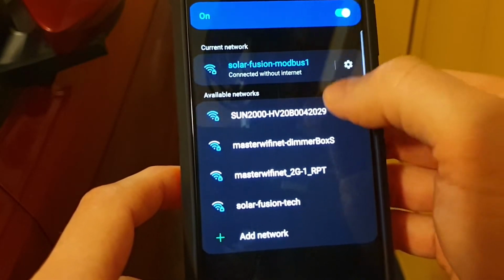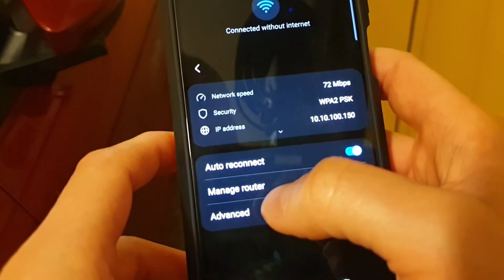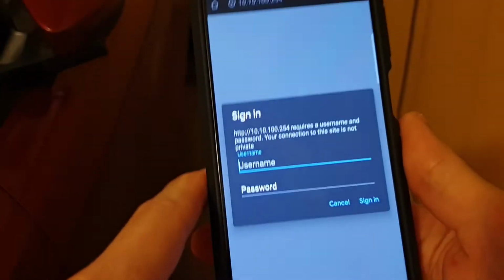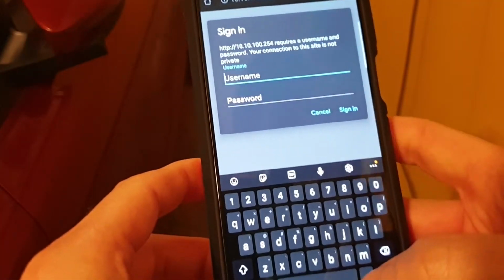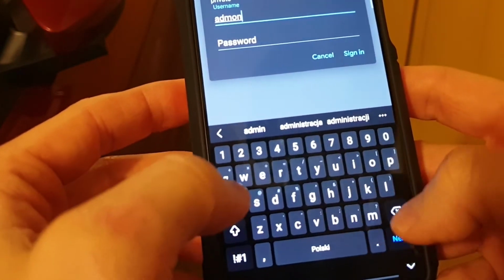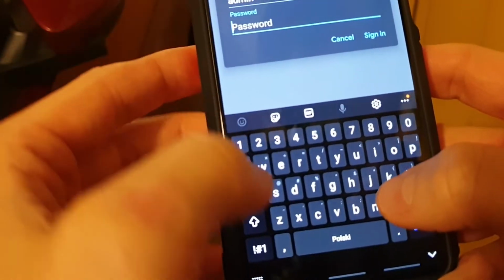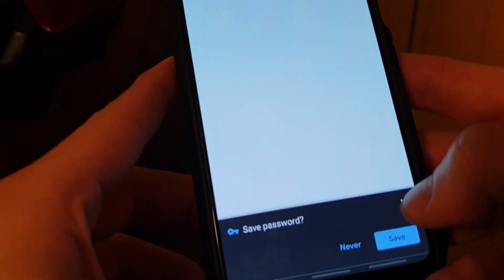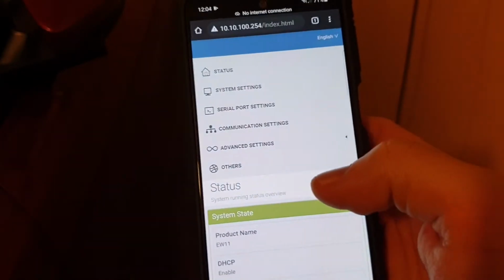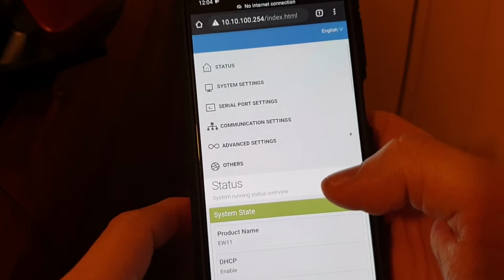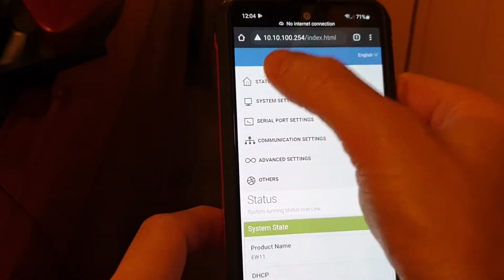And right now, I can tap the Manage Router option to get to the browser, and I will use the admin user here. Also, test password. And as you can see, we have some nice web browser interface, really simple one,